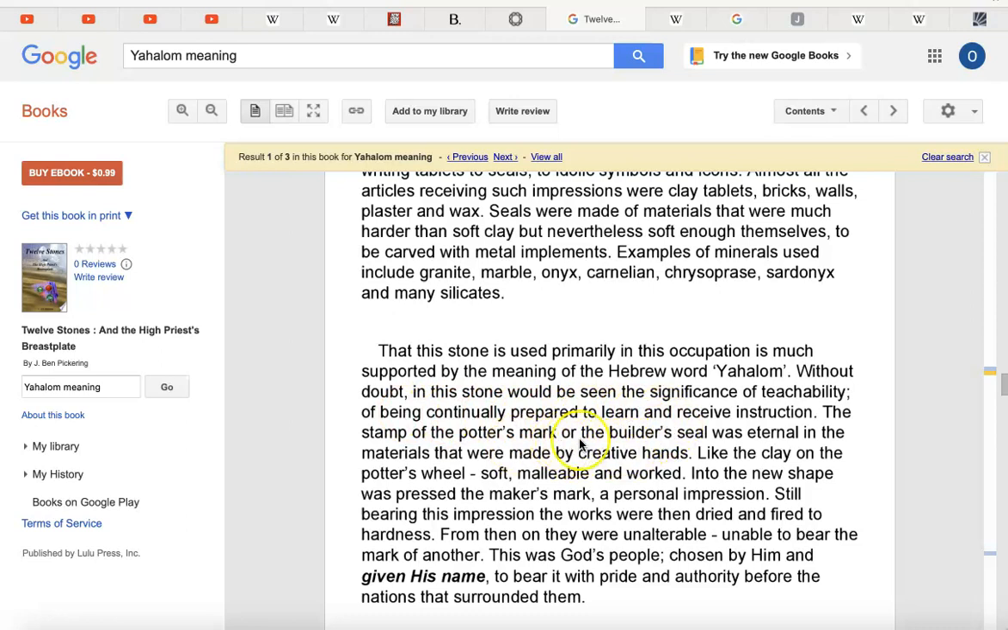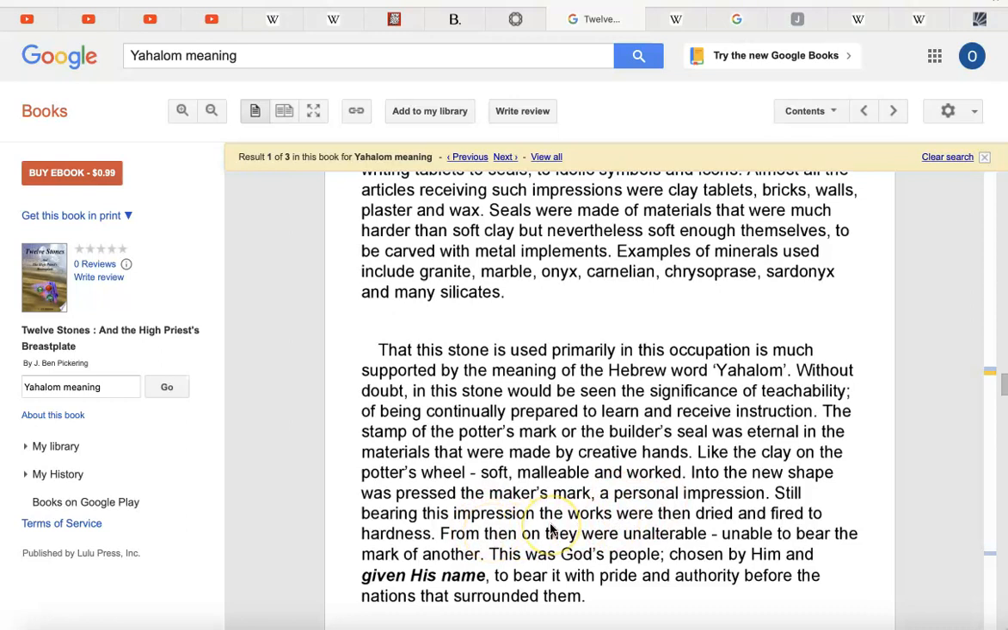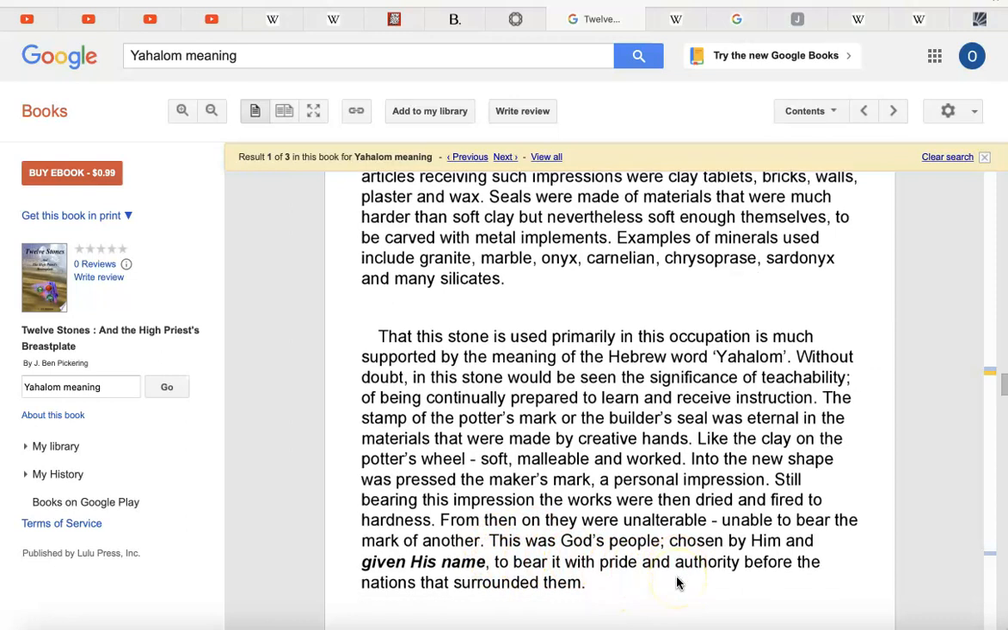The stamp of the potter's mark or the builder's seal was eternal in the materials that were made by creative hands. Like the clay on the potter's wheel, soft, malleable, and worked into the new shape, was pressed the maker's mark, a personal impression. Still bearing this impression, the works were then dried and fired to hardness. From then on they were unalterable, unable to bear the mark of another. This was God's people, chosen by him and given his name, to bear it with pride and authority before the